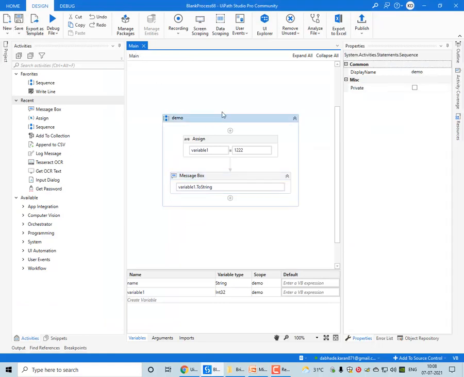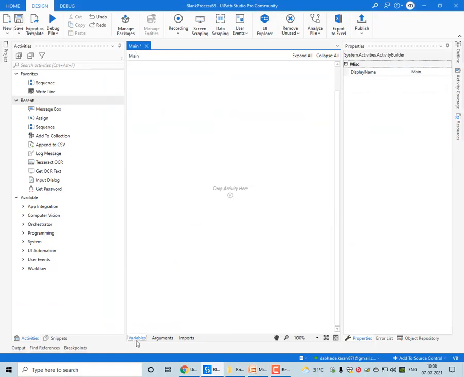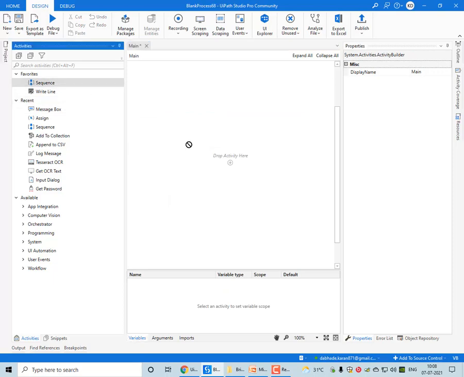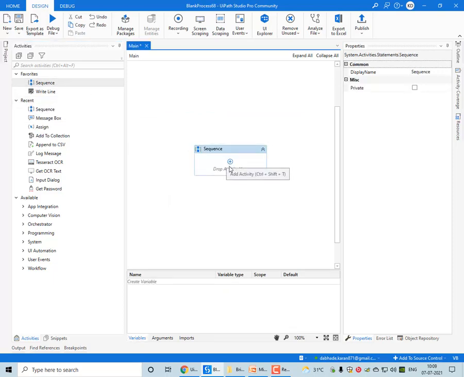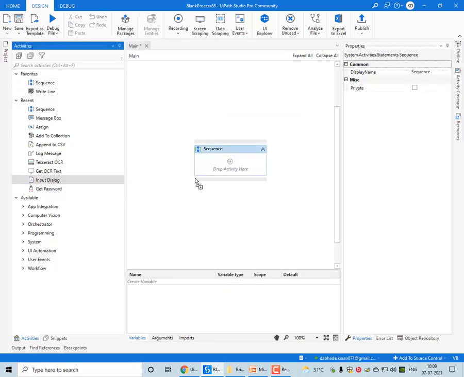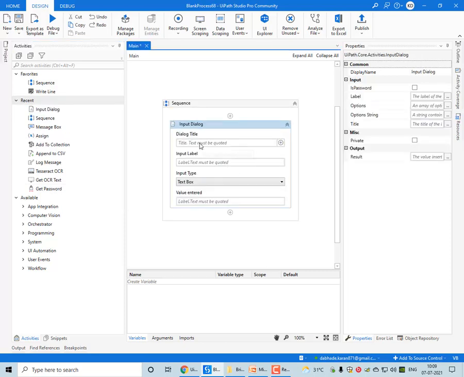I am taking a new sequence over here. I am taking an input dialog box in it. This is the title of the window, so I will give a demo title. The input label is nothing but what will be displayed to the user. So, username.